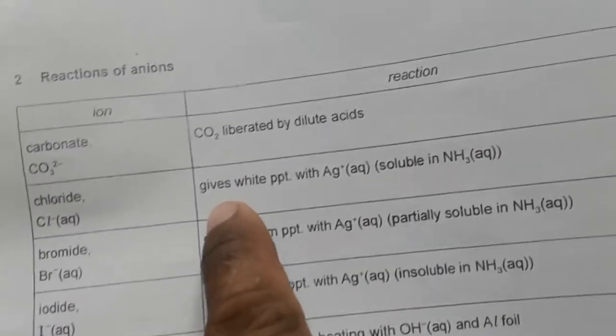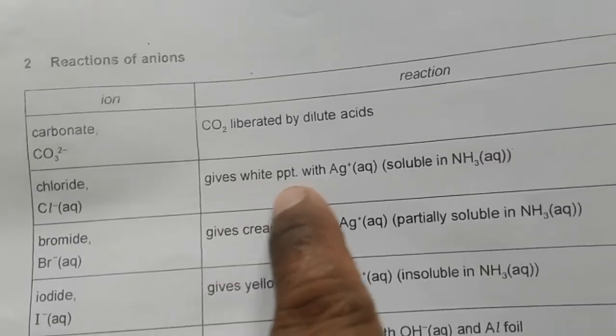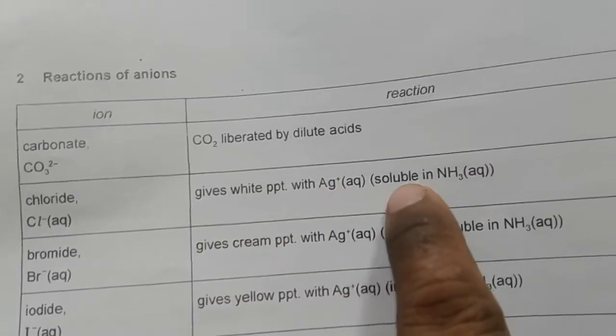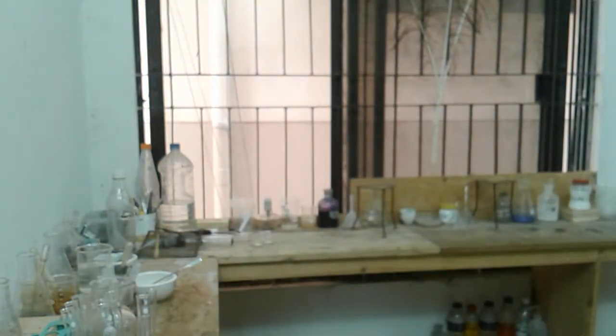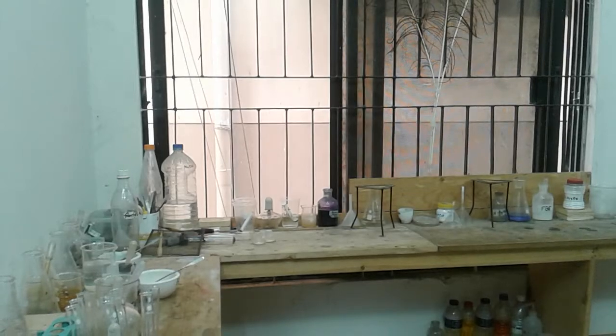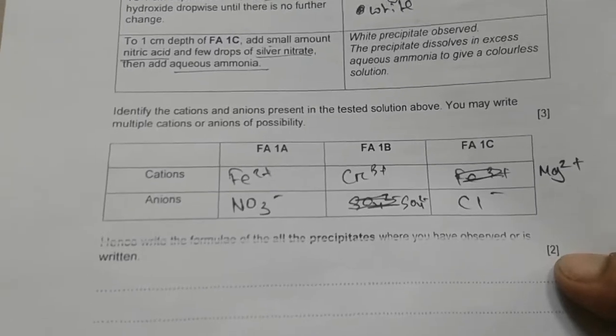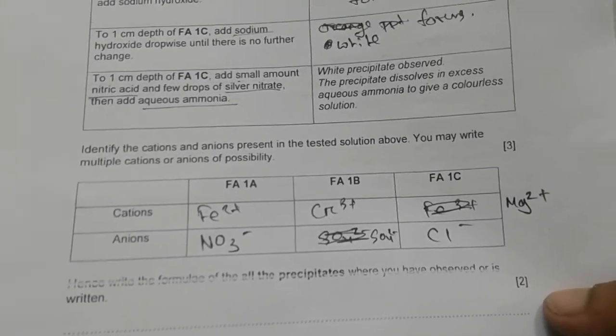So look, chloride gives white precipitate with silver which is soluble in aqueous ammonia. So Fa1C must contain manganese, and it must contain chloride ion. Okay, now that last question said, write the formula of all the precipitates that you have observed or that are